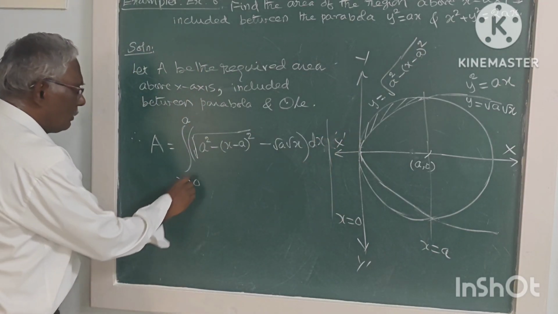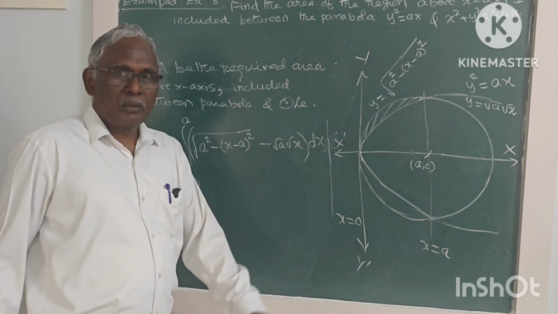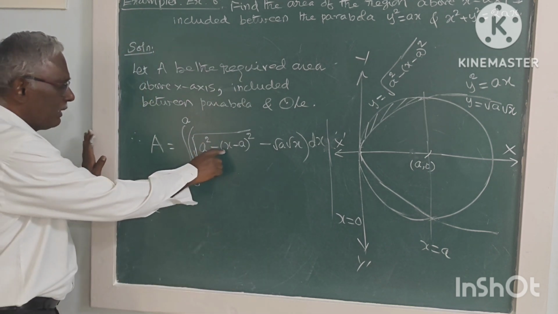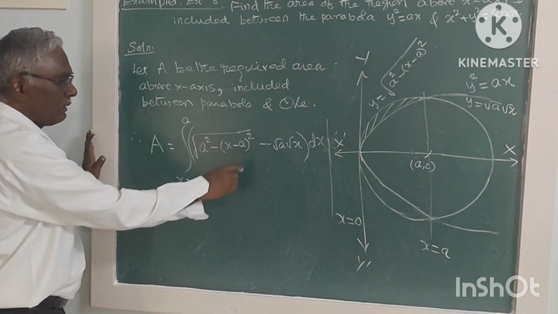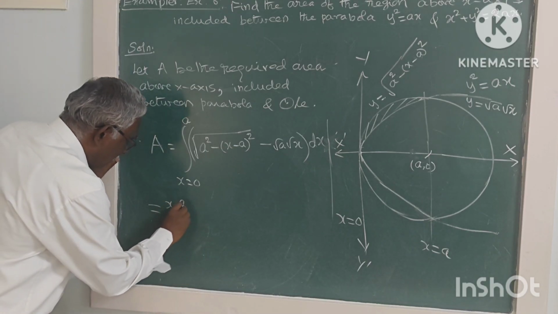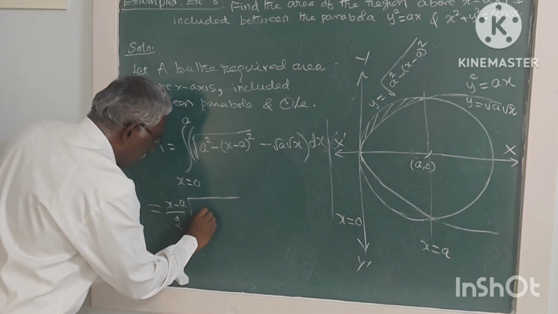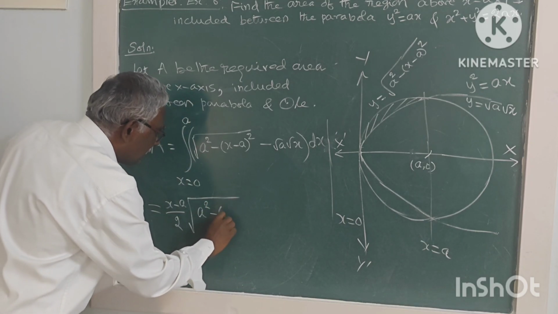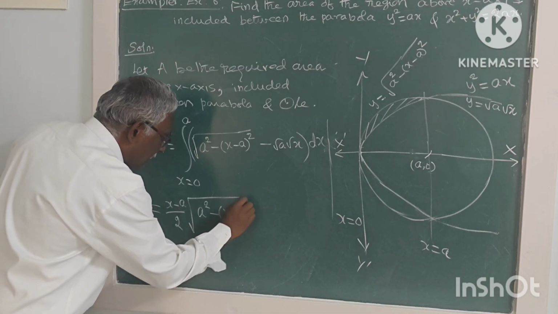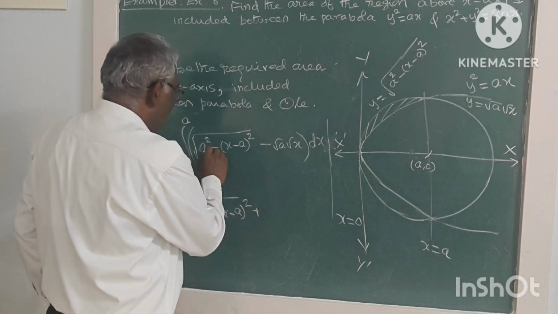So this is in the form of integral of square root of a square minus x square, x by 2; here in place of x, x minus a is there. So (x minus a) by 2 square root of a square minus (x minus a) whole square plus a square by 2